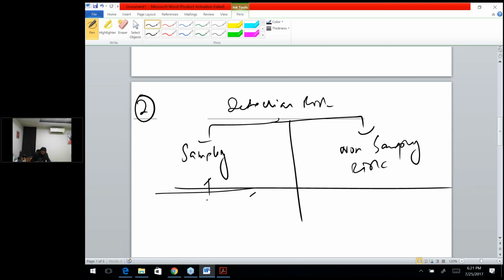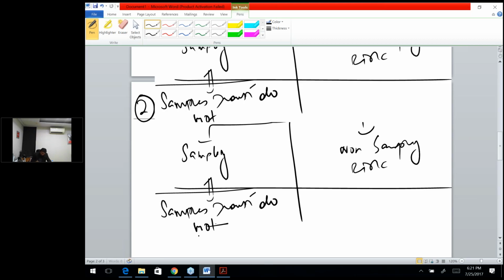The sampling risk is basically, you do understand that whenever we perform the audit, we draw some samples, and out of the samples we perform the evaluation. So the sampling risk is basically that the samples which are drawn do not contain misstatement.